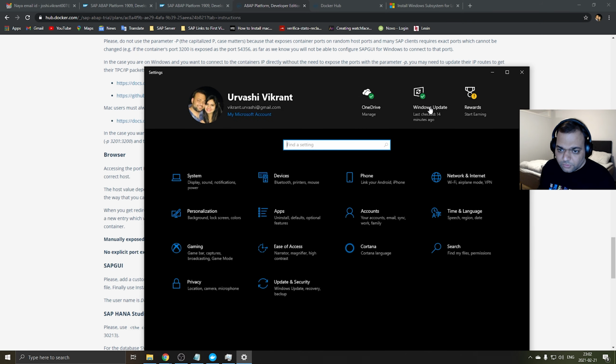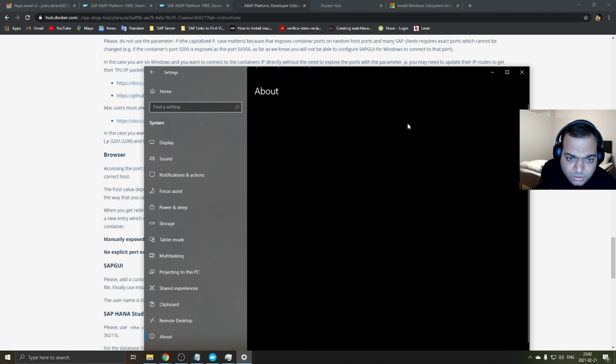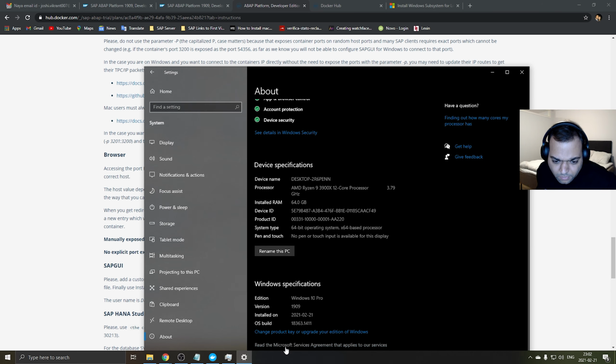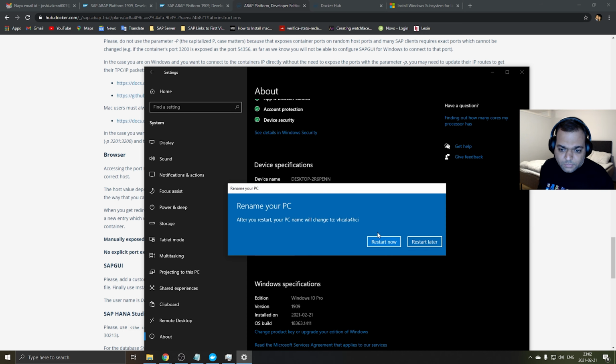In settings you have to go to system. In system you have to go to name of this computer. Where can I find that? About. Okay, rename this PC. Here I can put the host name which I want. Next. And now it is asking for a restart, which I'll have to do right now.